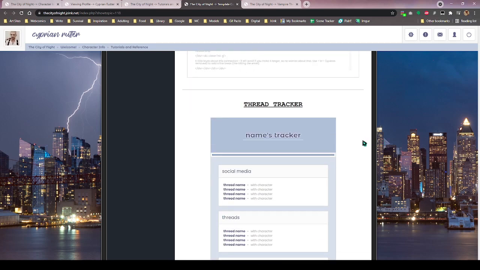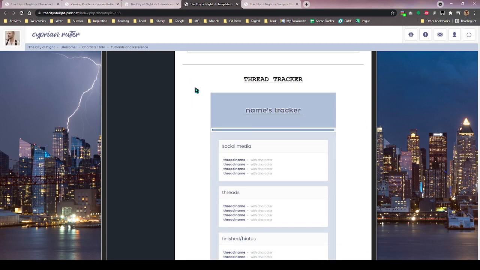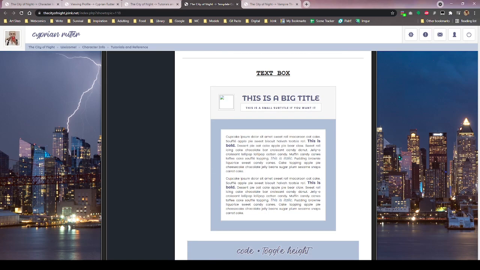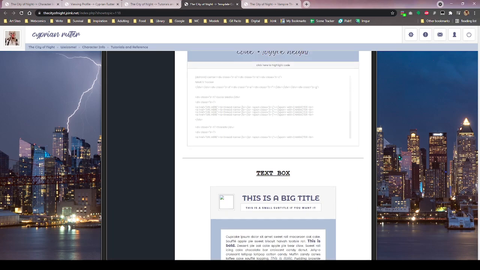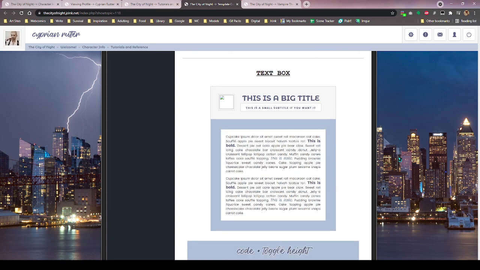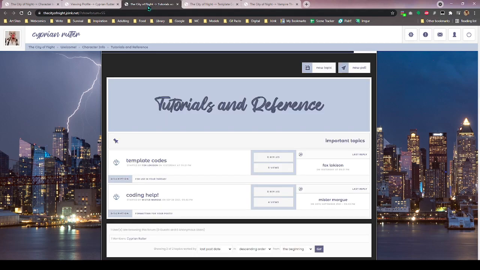Use the dogs. And the thread tracker. And a text box. And we might add more, but we have not yet. You do not have to do this. You can just do, you know,